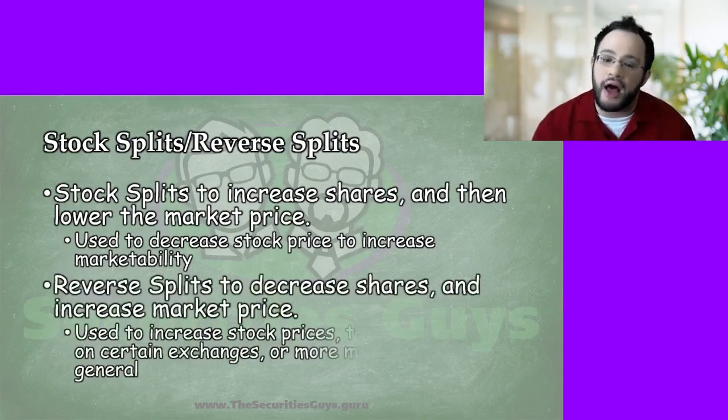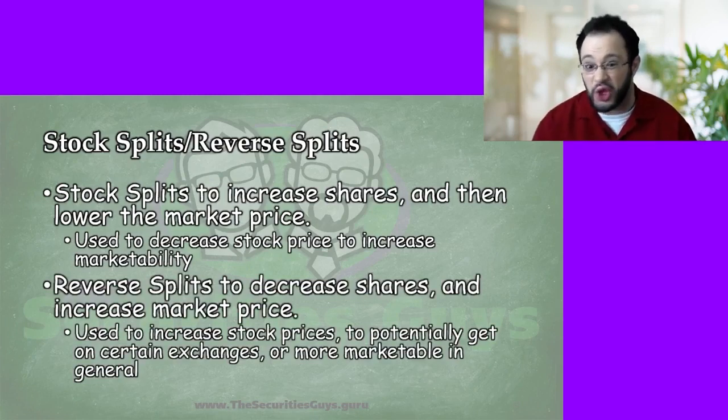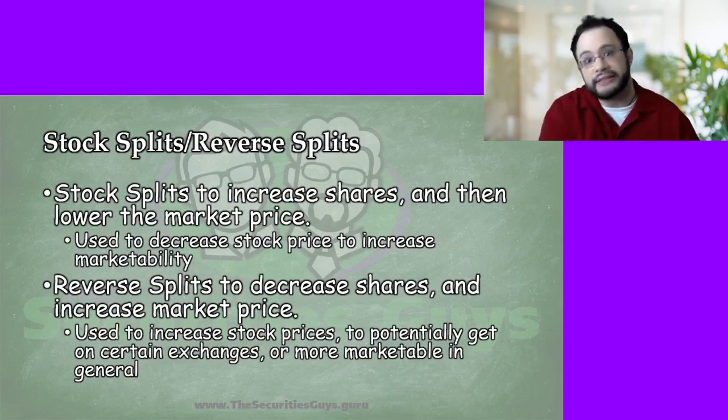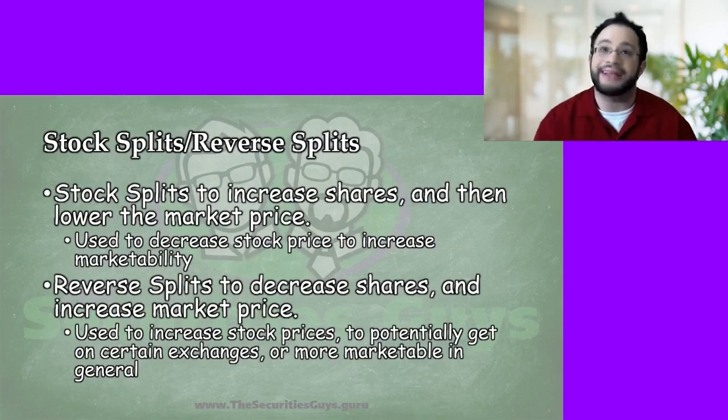But the other side of that is if the share price is too low, people may think that it's junk and it may not be able to get listed. The New York Stock Exchange has a minimum price of at least $5 and in many cases higher than that. If the stock price starts going below that, companies may want to do a reverse split so they can stay on the exchange, so they still look like they are a good company instead of being worth fractions of what it appears they should be.